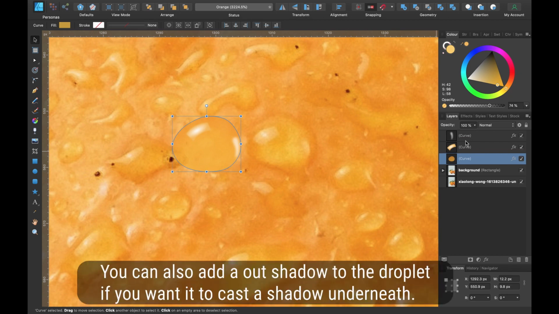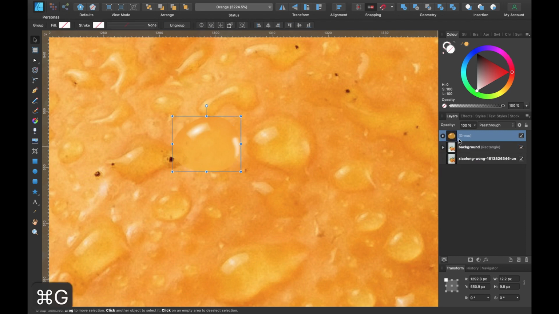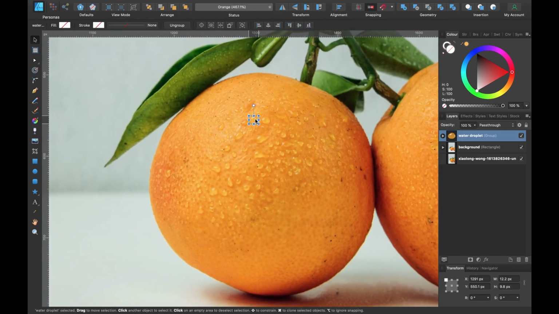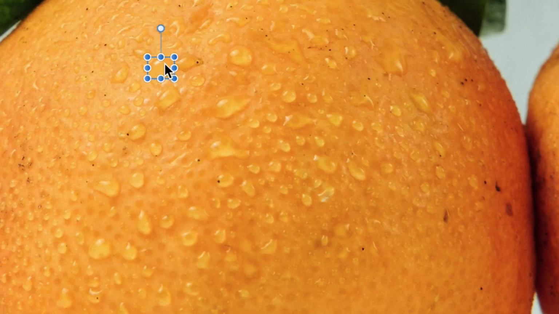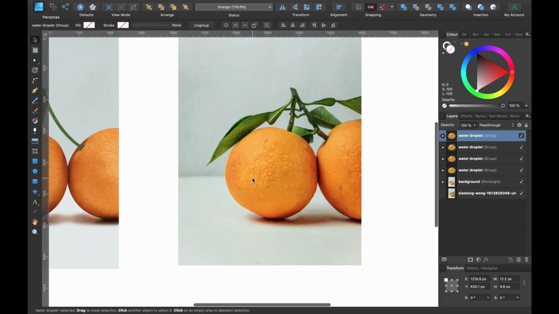Okay, now that that's complete, let's add all of these together. So we'll press Command G once they're all selected, and you can name it. And if we zoom out, you can see it looks a little bit more real, my one compared to the real one here. And you can just duplicate this by clicking on Command and click and drag out, so you can add a few more. And that's what you do with your own one.